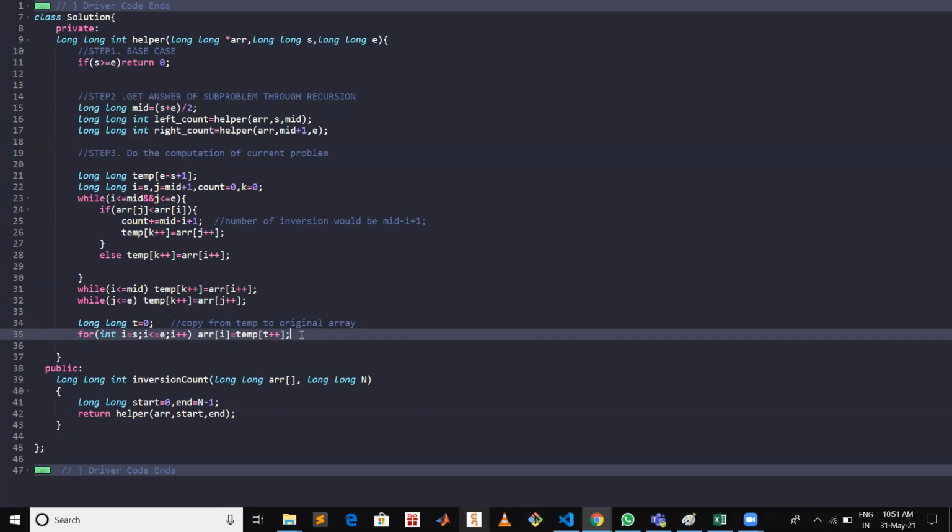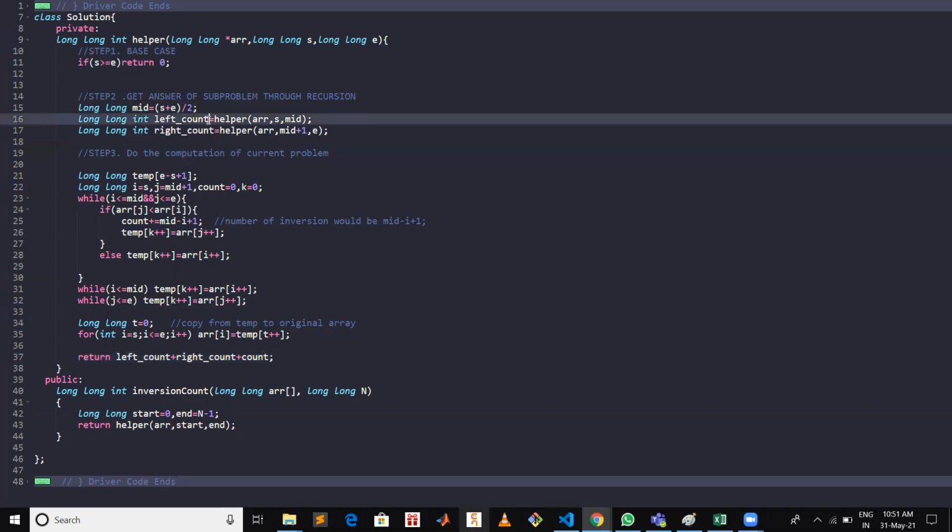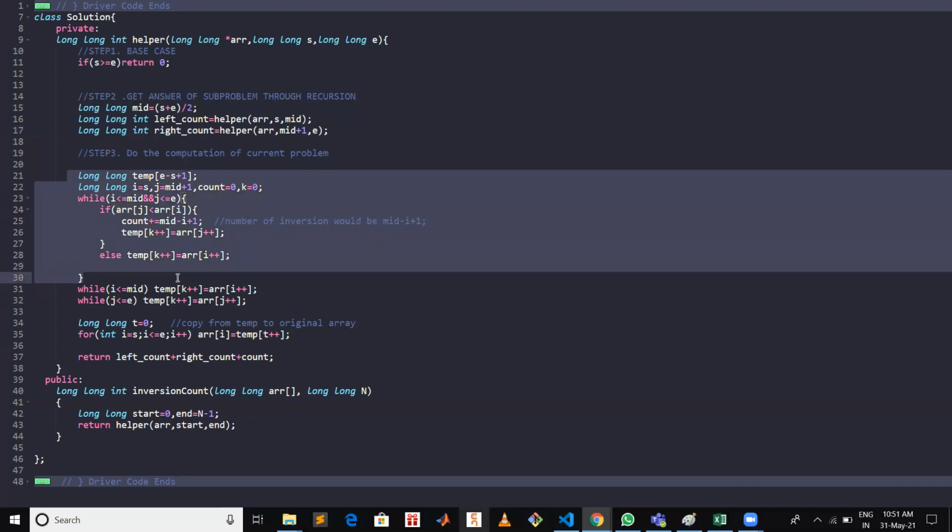We also want our array to be in sorted manner in this start and end part. All right. So what would be our answer finally? It would be the sum of the total number of inversions in the left half, plus the total number of inversions in the right half, plus the inversions when we took one element from the left half and another from the right half, which is getting calculated over here while merging.